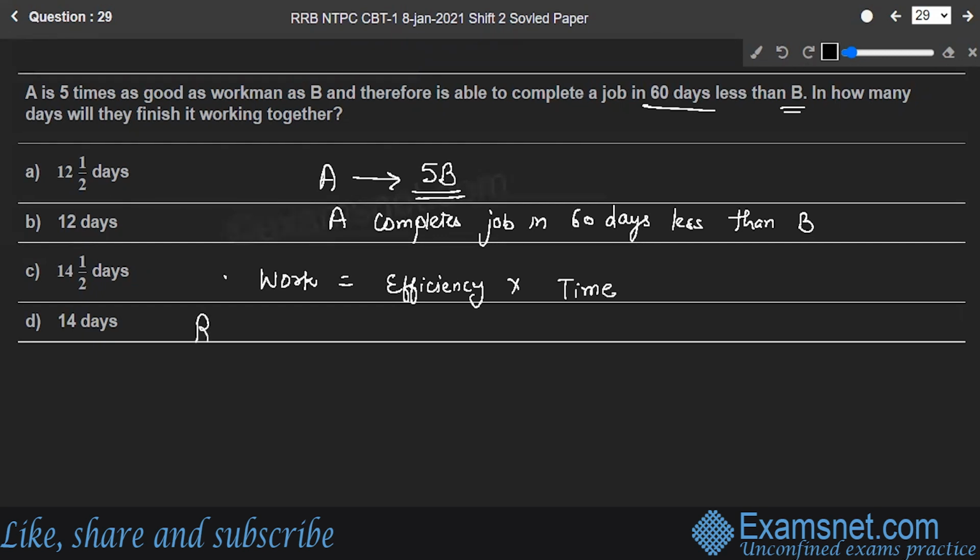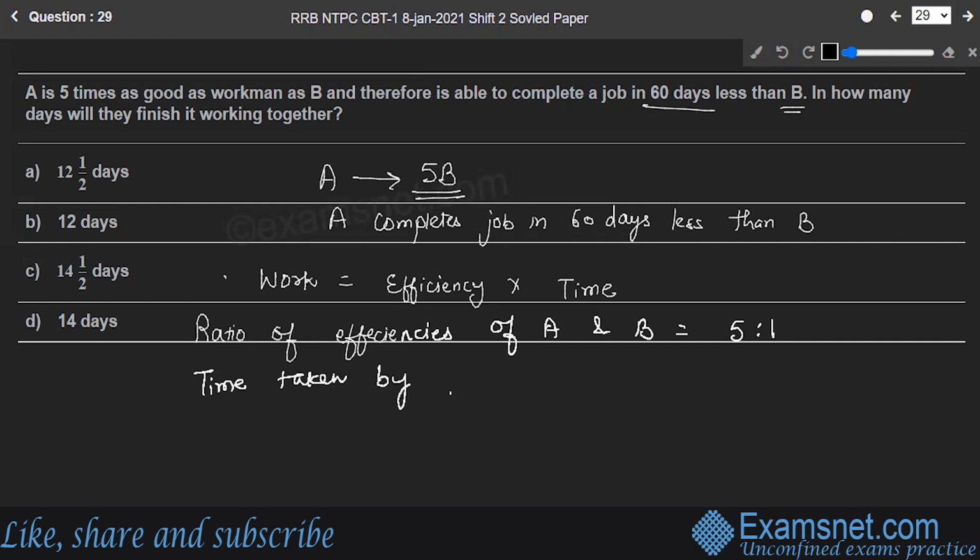So that means the ratio of efficiencies of A and B is equal to 5:1. So the time taken by A and B will be equal to